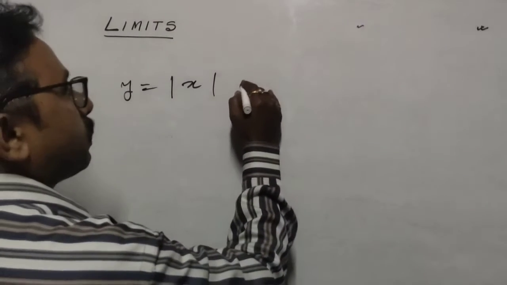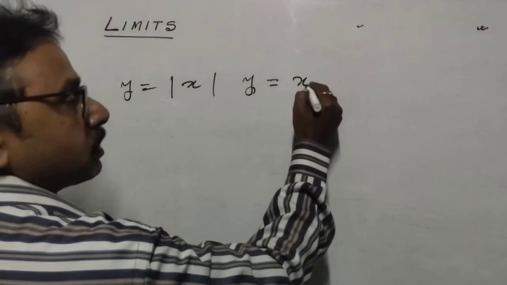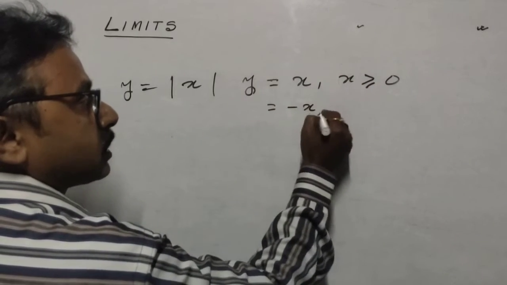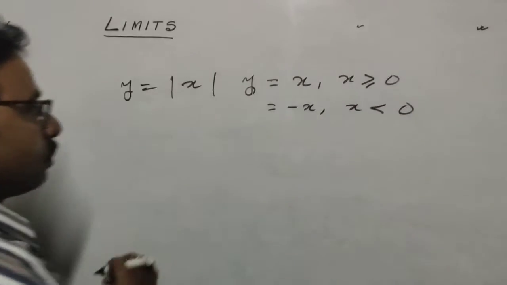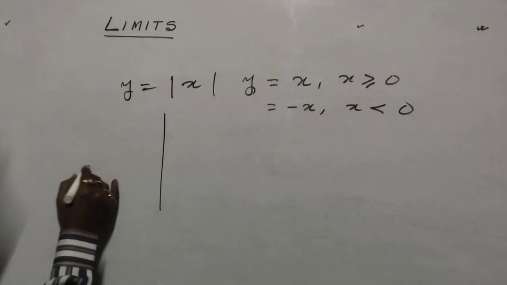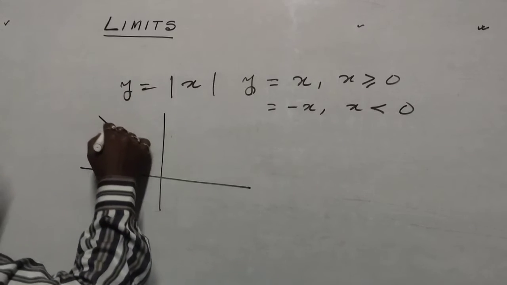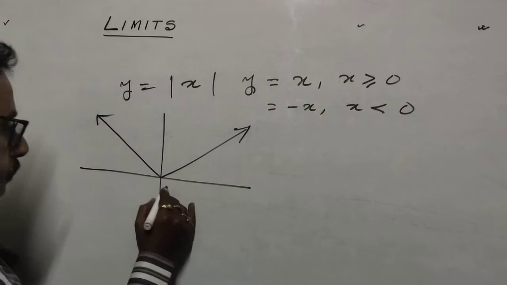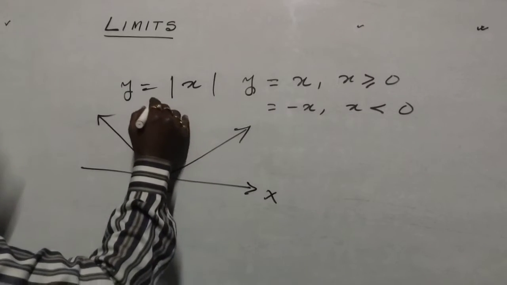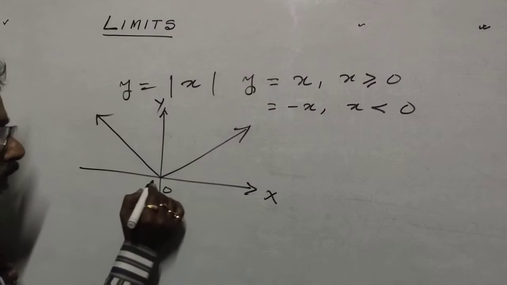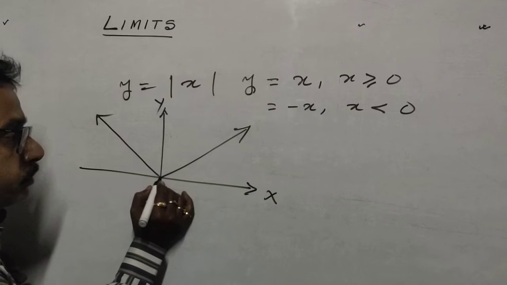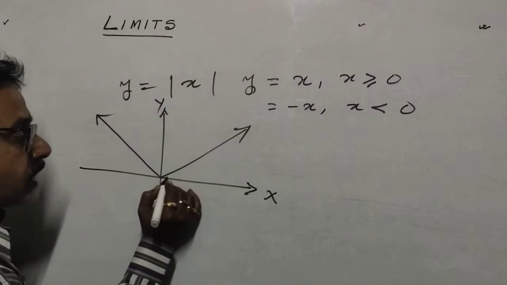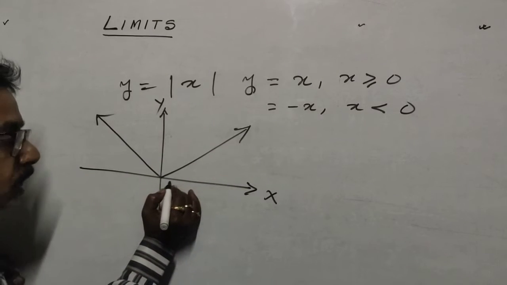This means y equals x if x is greater than or equal to 0, and y equals minus x if x is less than 0. And if we draw the graph of this, then we have this. So here if I take x equals 0, then f(x) is also 0. Now if I take x very close to 0, suppose